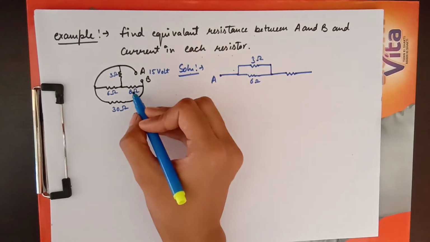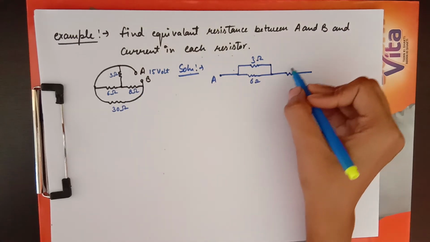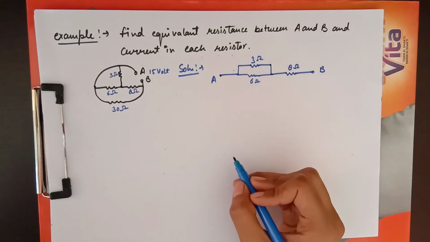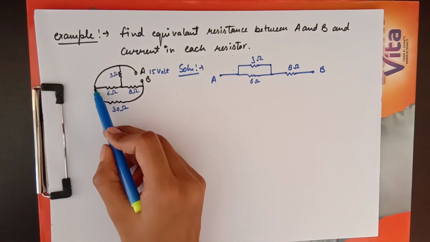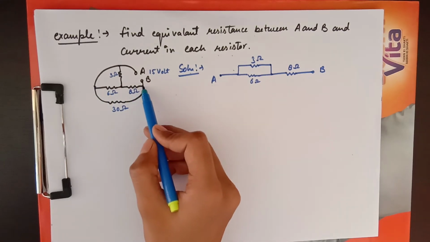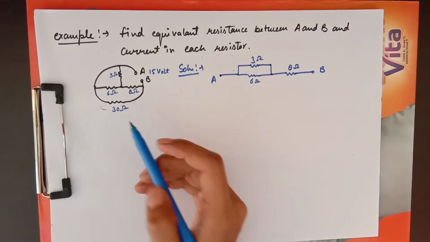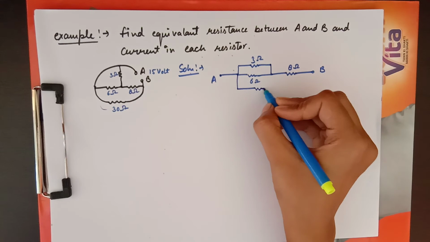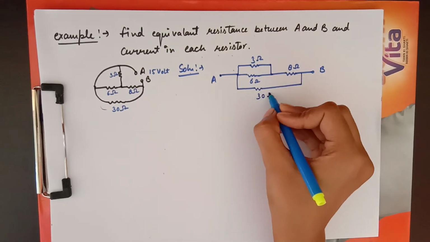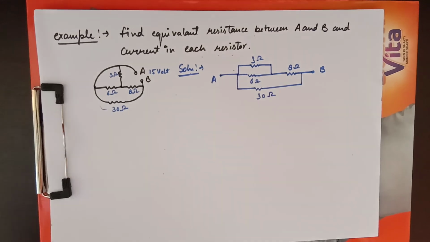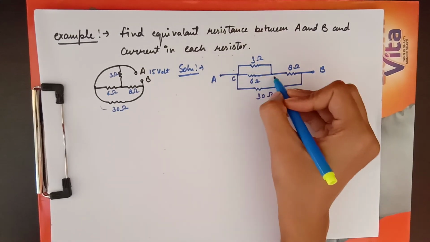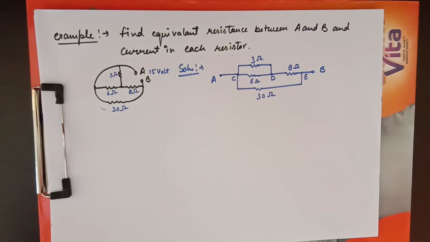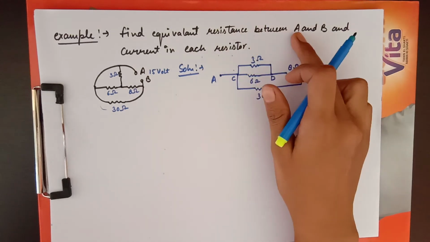resistor which is 8 ohm, and 8 ohm is connected with point number B. So here it is 8 ohm and it is our point number B. Now you see from 6 and 8 there is one resistor of 30 ohm. So 30 ohm is connected between these two in parallel combination. So 30 ohm can be written like this. So now I will give it a name C, and this point D, and again this point E. So first we will find the equivalent resistance between A and B.